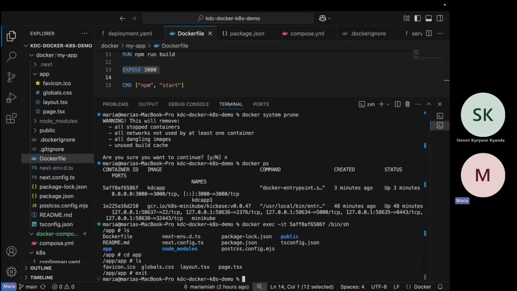Yes, it's advisable to do that. So she's asking if she has, in the same folder, a Python application and a JavaScript application, is it advisable to have different containers? Yes, for separation of concerns. Sometimes you need a container for the front end and a container for the back end. And that's why we shall look at Kubernetes and Docker Compose, tools that will help these containers talk and work together. So it's always good to have a separation of concerns.